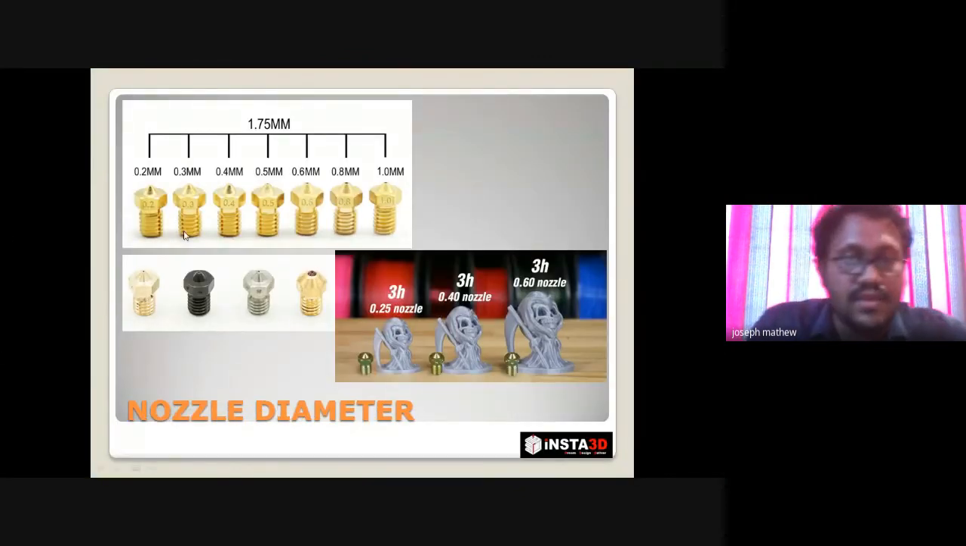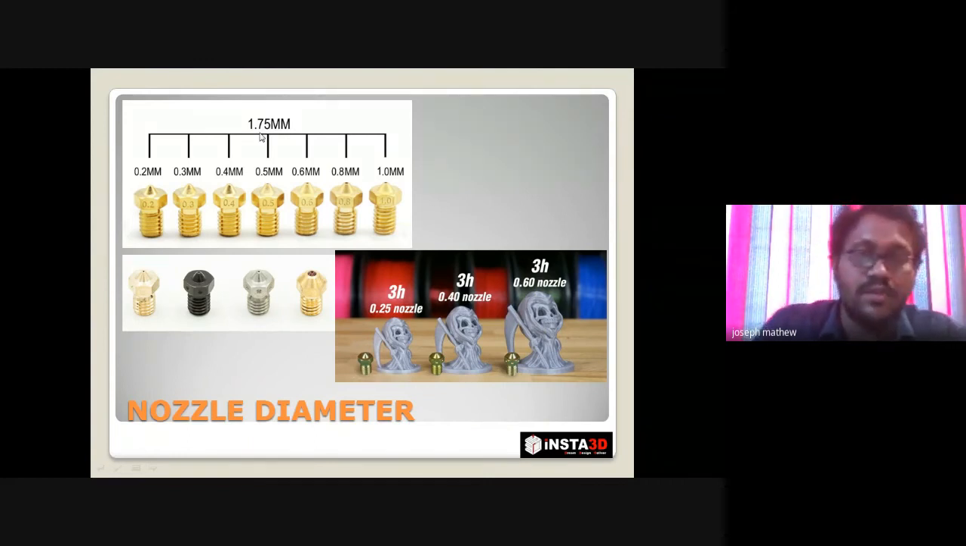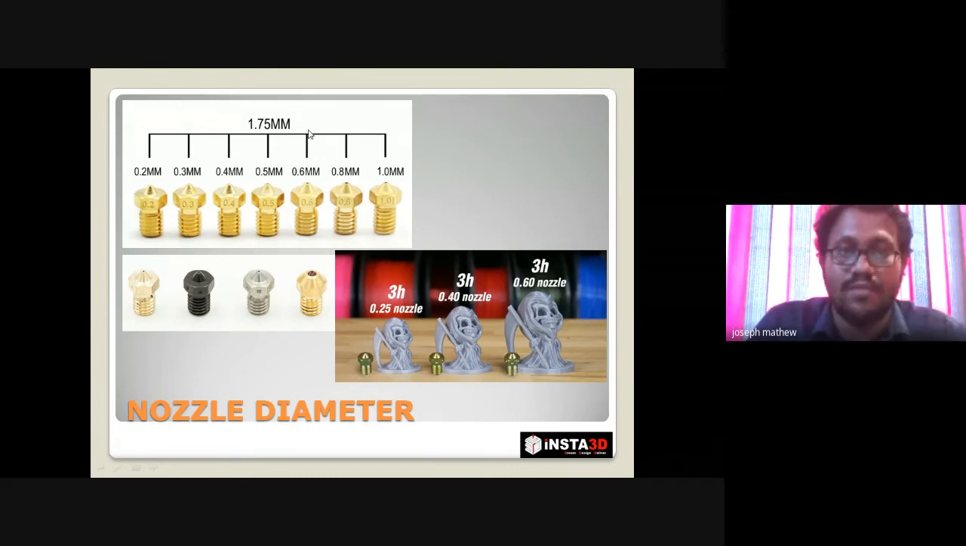So the next thing is the nozzle diameter. Generally, every 3D printer uses 1.75 mm as the filament diameter. There are also 3 mm filaments available. Generally, all the commercial 3D printers use 1.75 mm, and these are the different varieties of nozzle diameters that are available in the market,